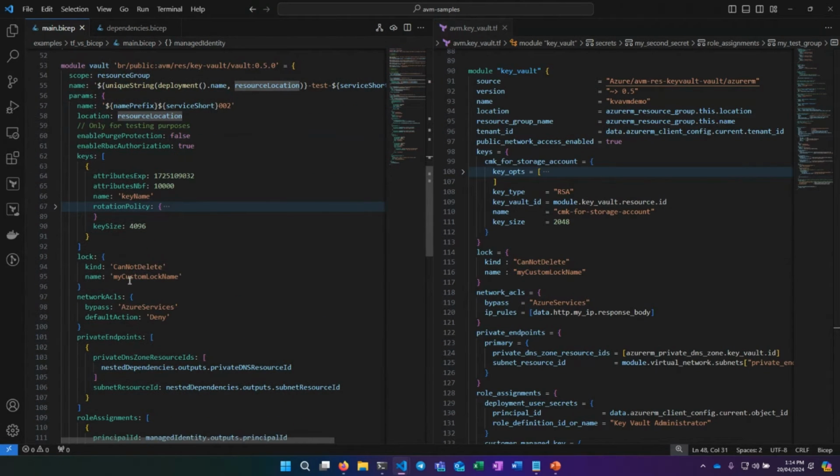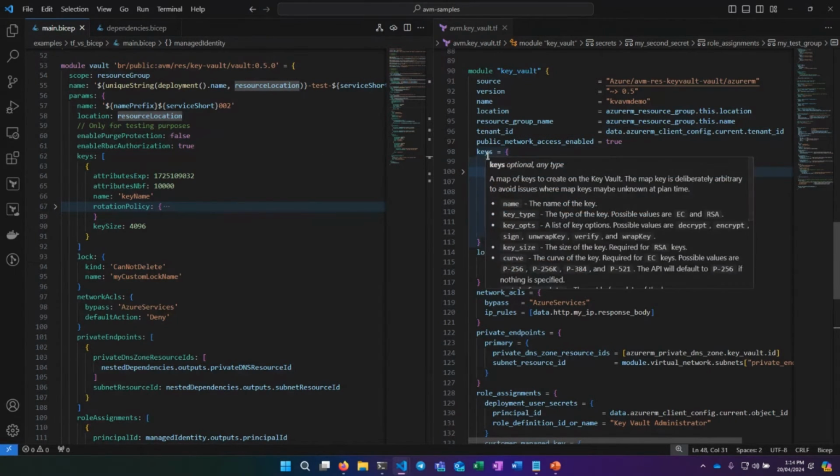The design pattern with verified modules is that the resource covers both the parent resource itself, so the Key Vault in this case, and its children, which in the case of Key Vaults would be secrets, certificates, and keys. So you see them as child objects here, and you see the same pattern on the right-hand side with Terraform.